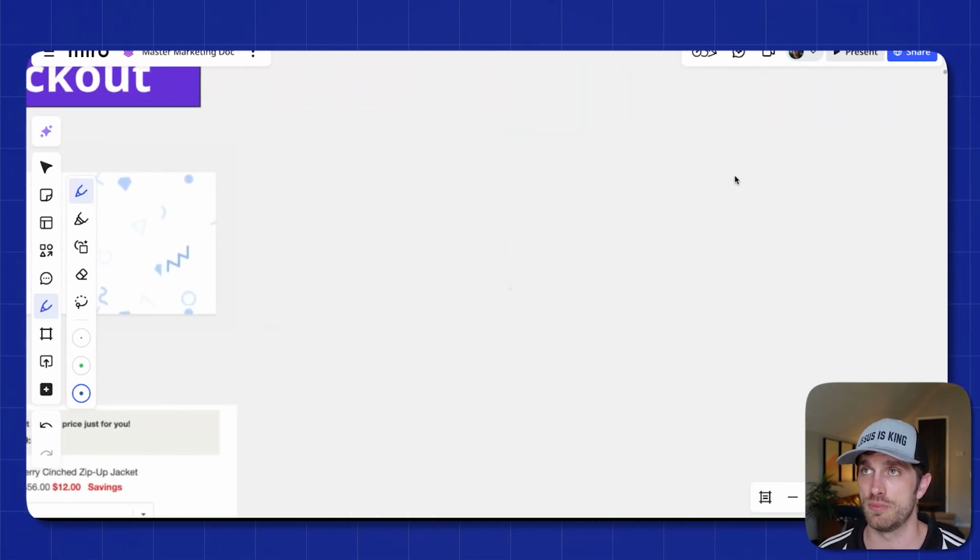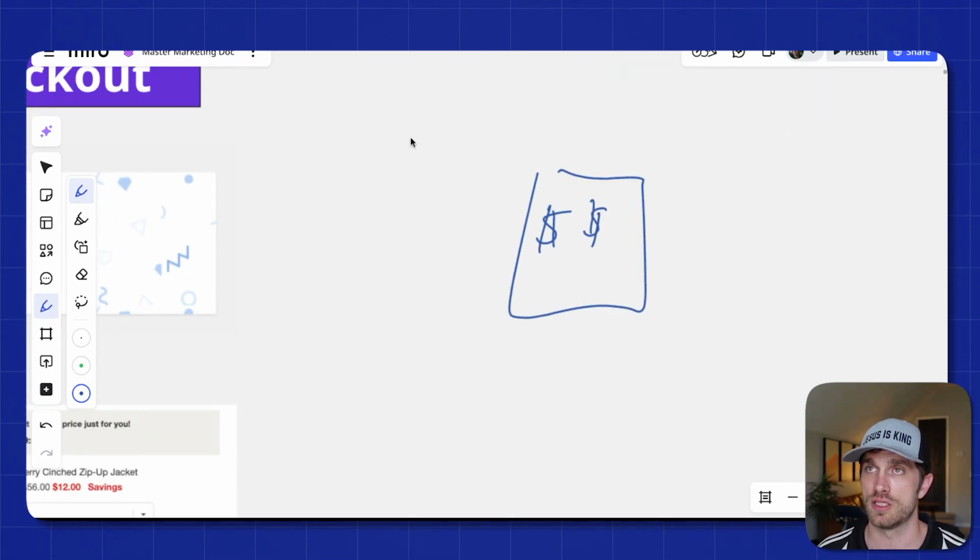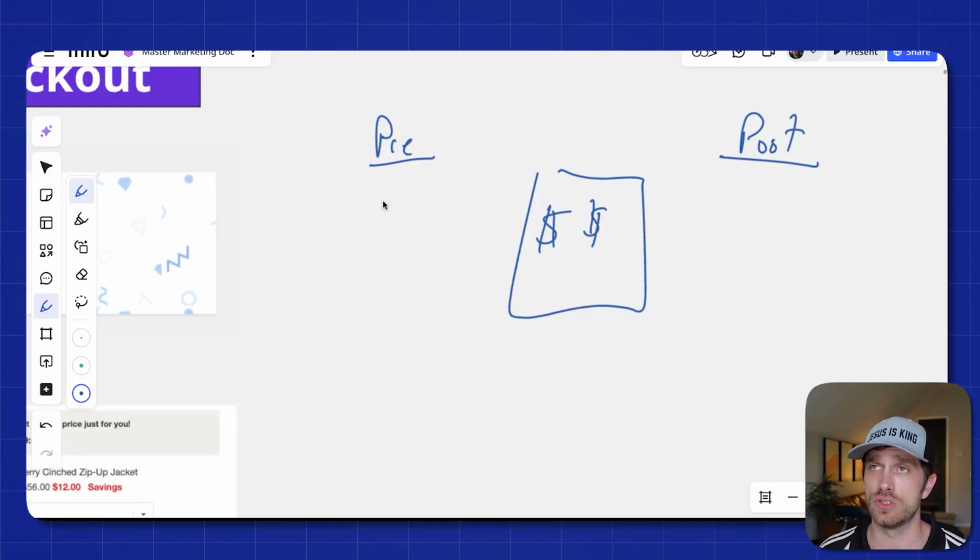Let's say, for example, this is your order page right here. Okay. This is pre-checkout. This is post-checkout. What I like to do is when someone adds something to cart, I like to essentially get an upsell. I could call it an order bump, an upsell, and then post,